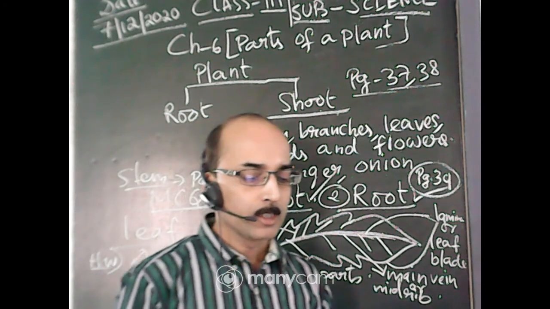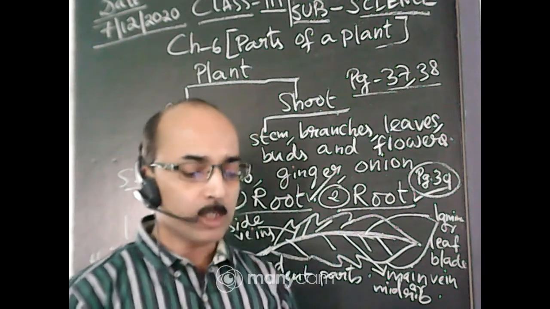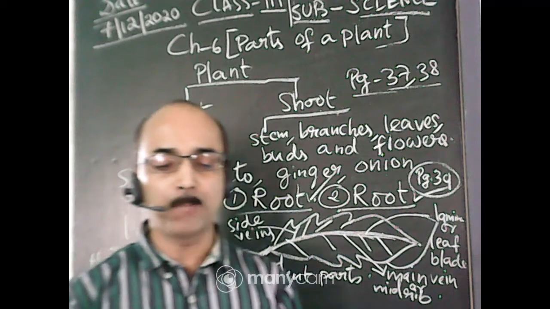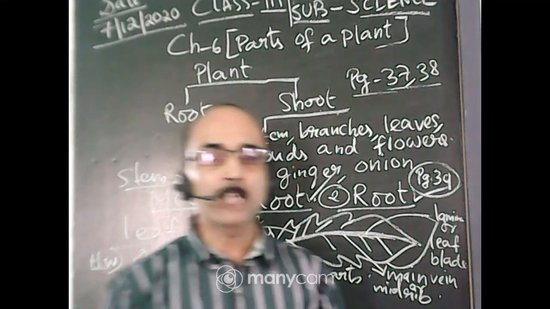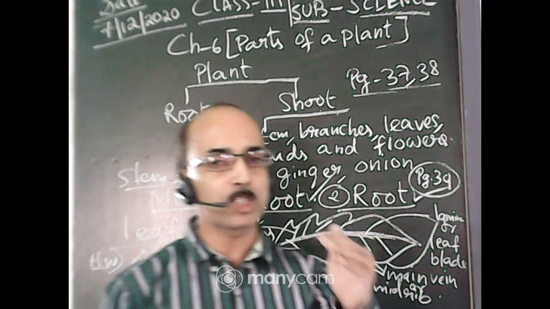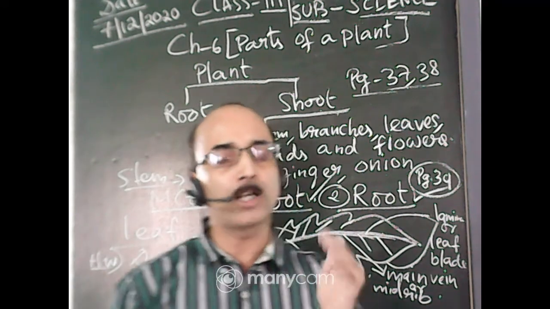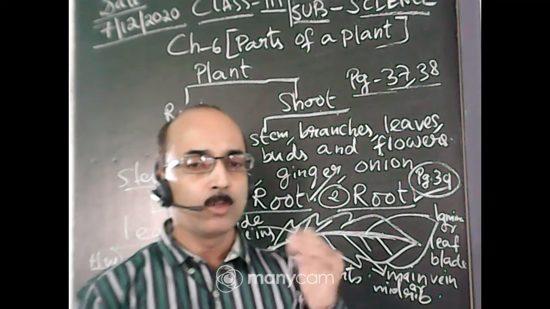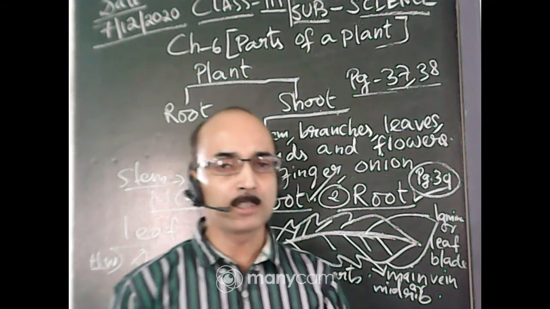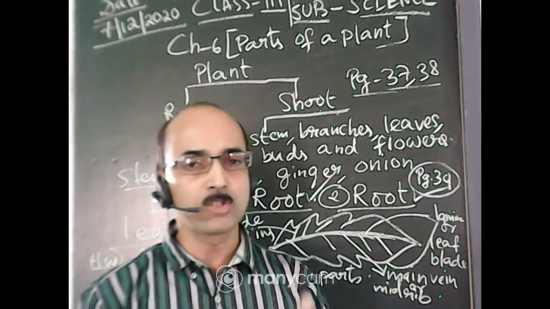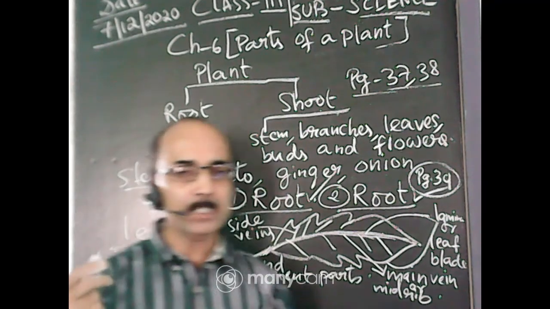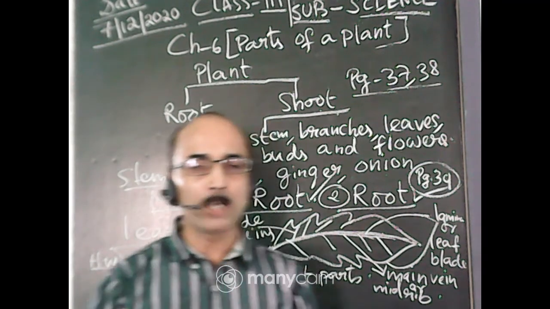Okay, so now what is the work of leaves? Number 1, leaves are called the food factories of the plant. Why are leaves called the food factories of the plant, or why is the leaf called the kitchen of the plant? We know kitchen. What do we do in the kitchen? Usually we cook food. Your mother or your maid servant cooks food in the kitchen. So a kitchen is a room where your mother is supposed to cook the food.